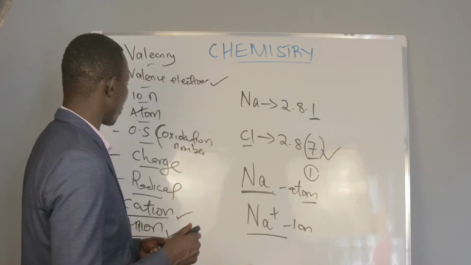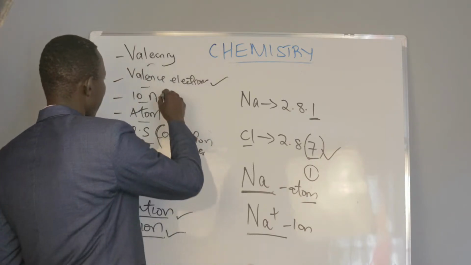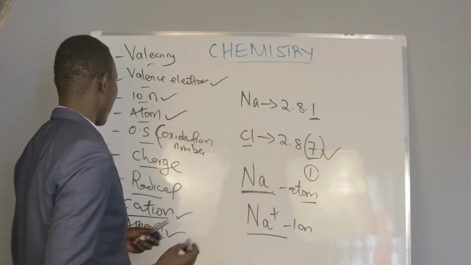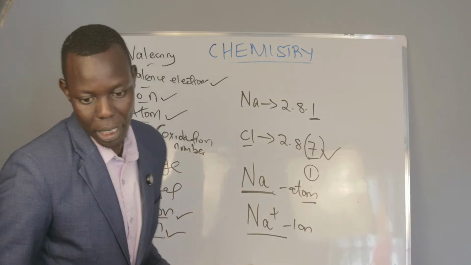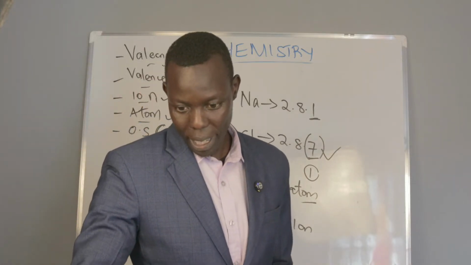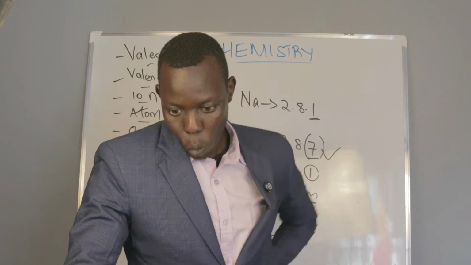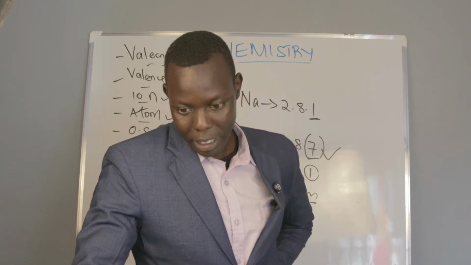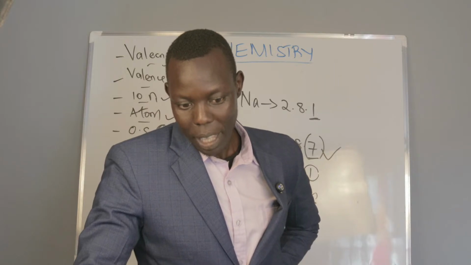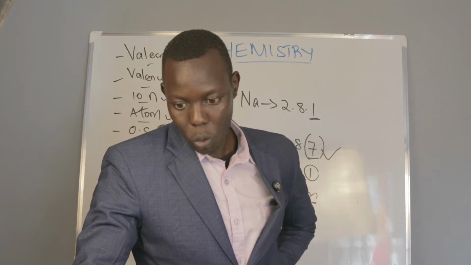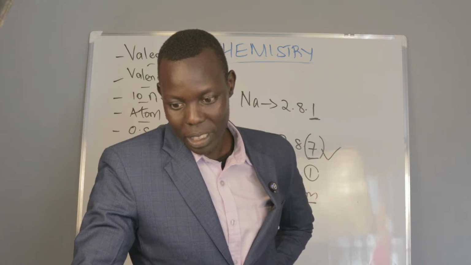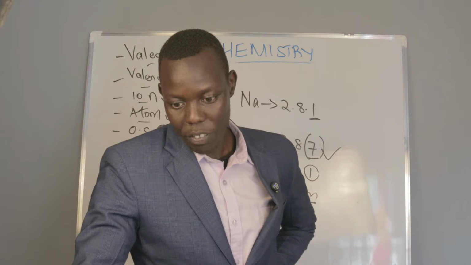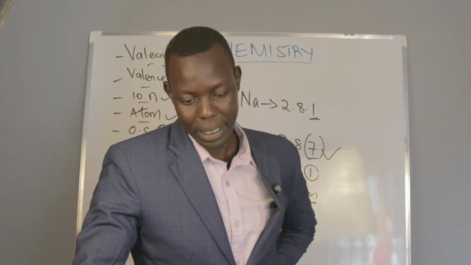Sawa sawa. So nimemalizana na hizo mbili. Atom nimemalizana nayo na ion. Oxidation number. Haya. Juliet amesema oxidation number refers to the elements react by either gaining or losing electrons by which they are said to acquire new state. Sawa, I will talk about that. Heidi is saying oxidation number is the number of electrons which have been removed or added to get its present state. Your definition is so close, sawa.